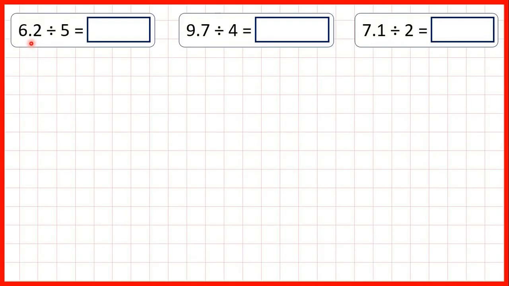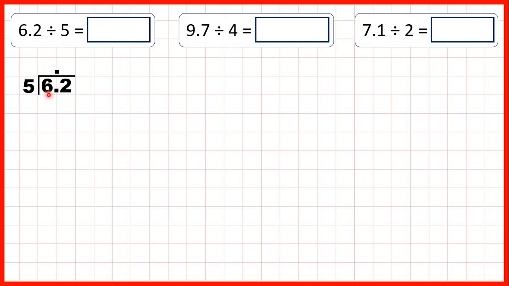Now, we're dividing a decimal with tenths by a whole number. But when we do that, we'll get a remainder, so we'll need to extend our dividend into further place values. So first, we have 6.2 divided by 5. We can set this out as a short division, and we need to remember to copy up the decimal point